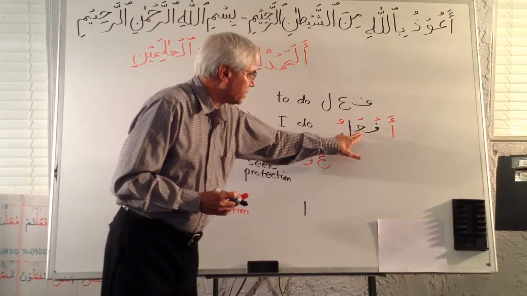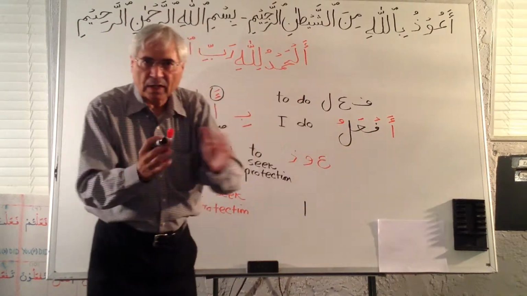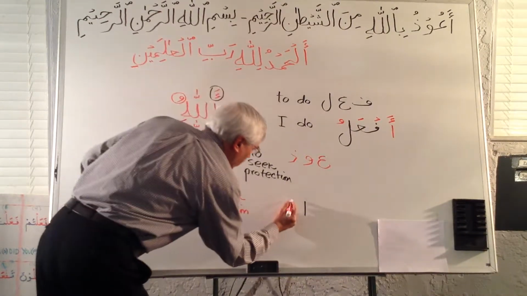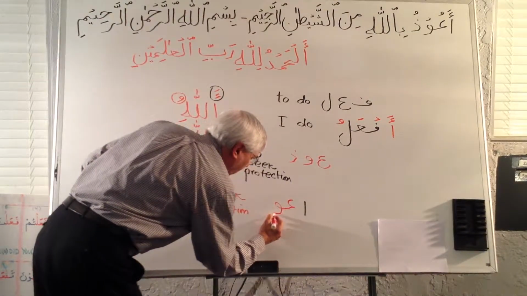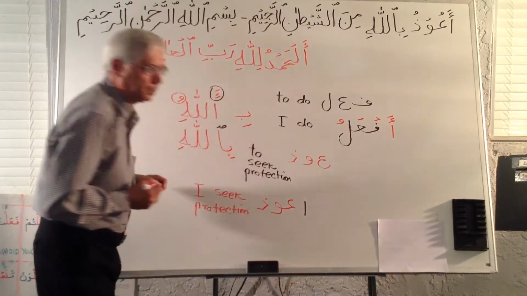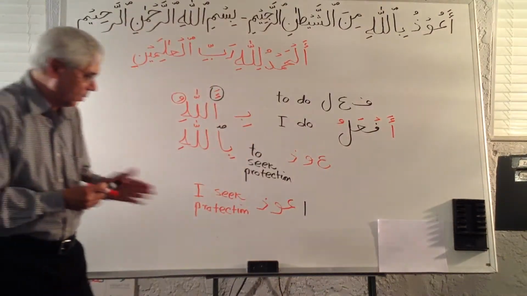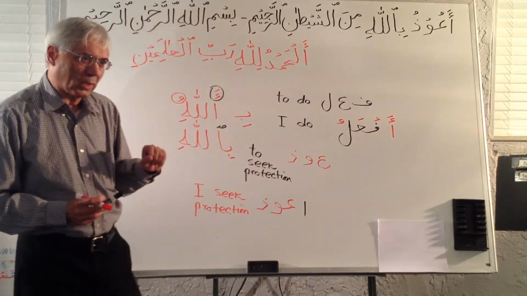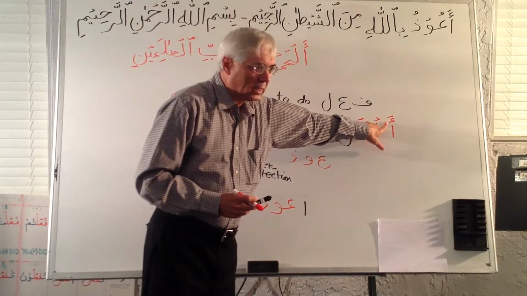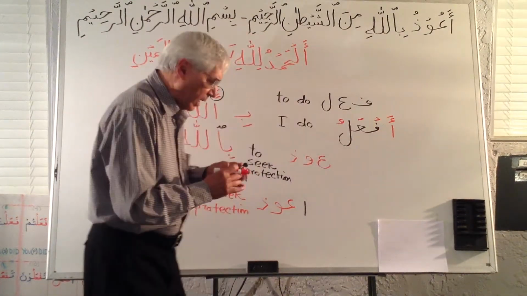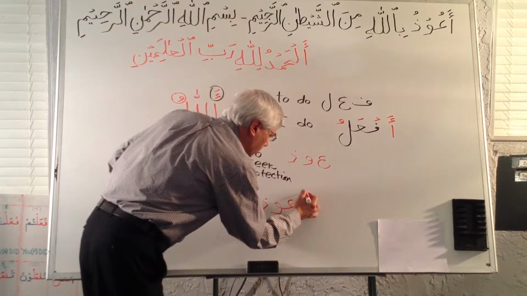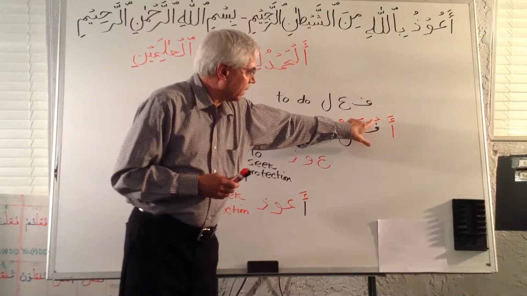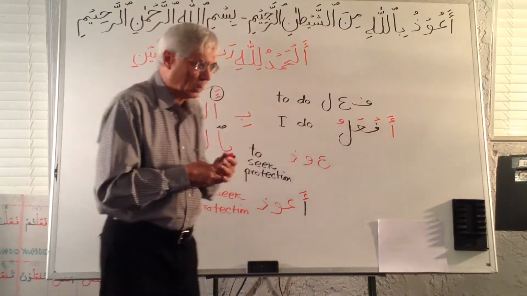Then you take the next three letters and write them down together. So this will become ayn, vav, and dal. I just wrote down these three letters. Now we have to put the harakats on them. So the first letter, alif, that we added has this fatah on it. The second letter had a sukoon or jazm.